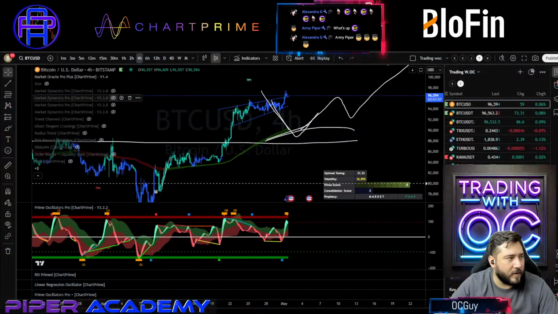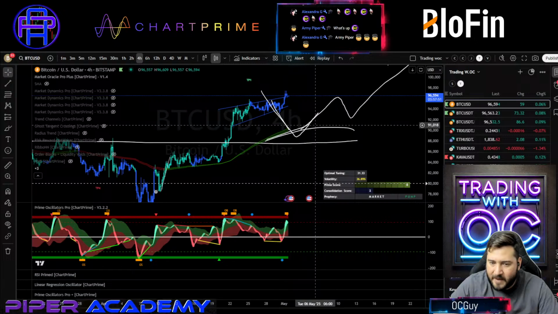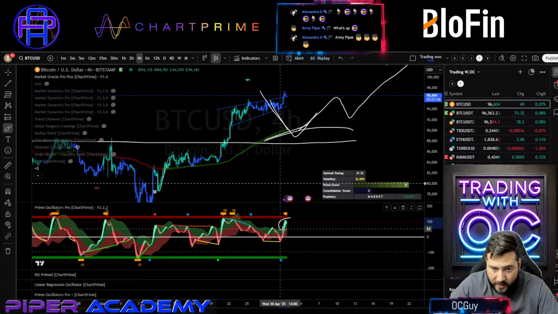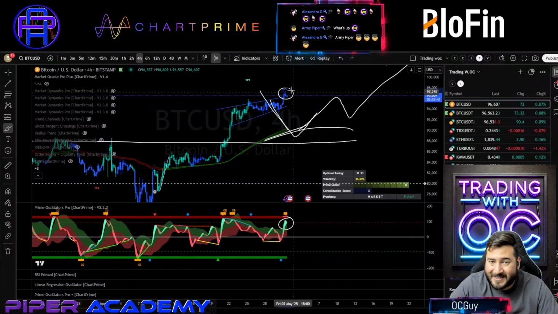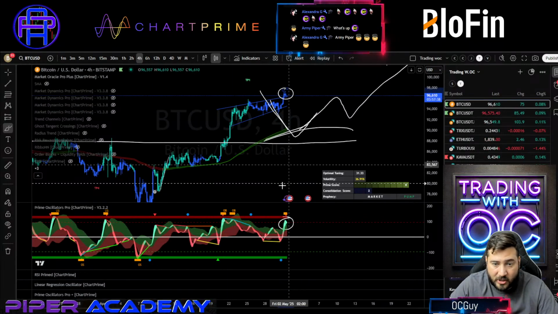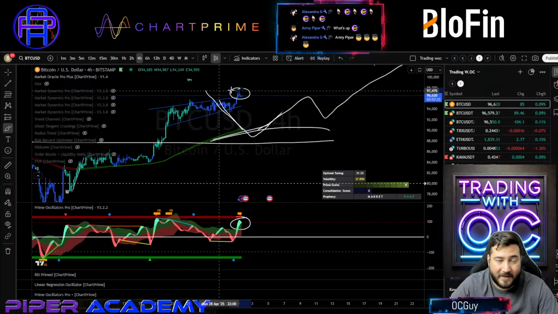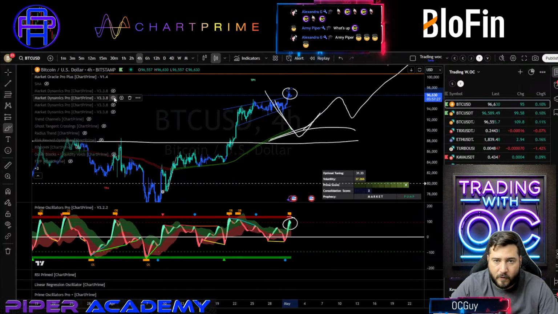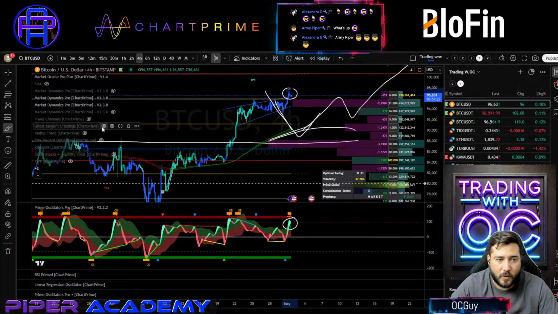All right, so just getting started with Bitcoin. I was expecting a little bit of a retracement here for the higher time frames, something that I still think is going to happen. We have a goose head here. We are forming, or we're trying to break out. It seems like a fake out at this point. It's just a couple of candles. I will not be expecting a pullback in here or a retest. In fact, I believe this is a fake out so far. But let's take a look at what else we have. Do we have some support, some resistances? Where are those located, and where could we maybe be expecting some retracements?